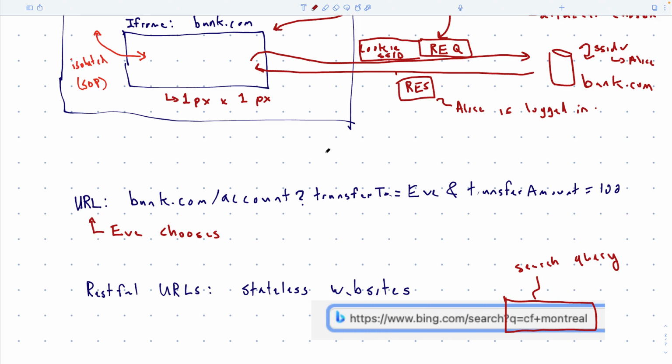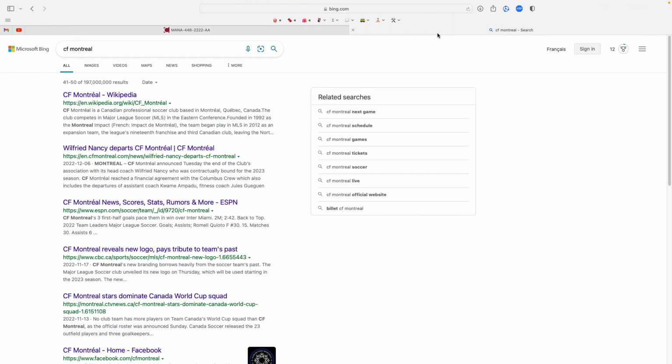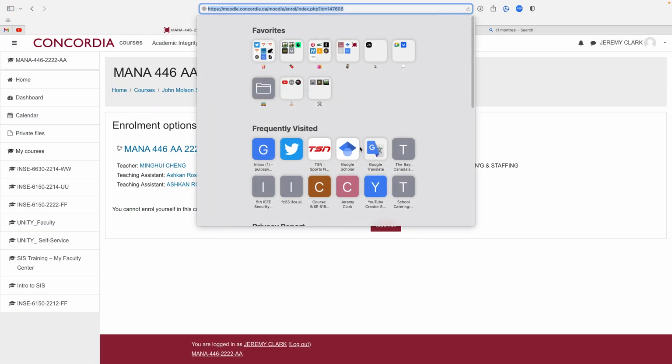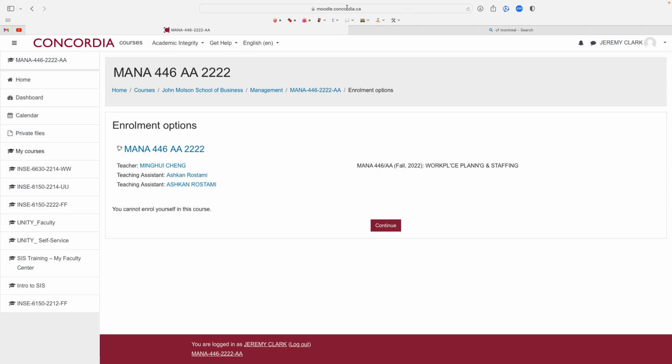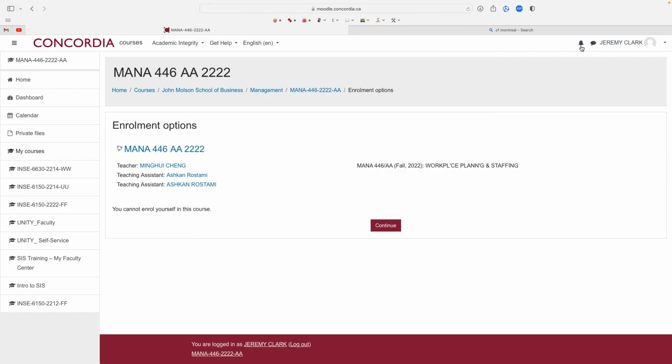Okay, but the solution that kind of won at the end of the day, because it's pretty simple, is... let me just go back here. By the way, this page does not use it, so there's no security protection here. There's nothing sensitive happening here other than I'm looking at a page. If I try and message people and things like that, I'm not sure how Moodle works.